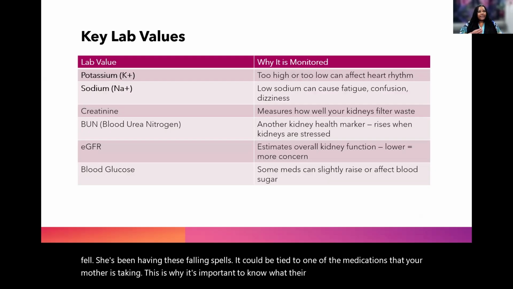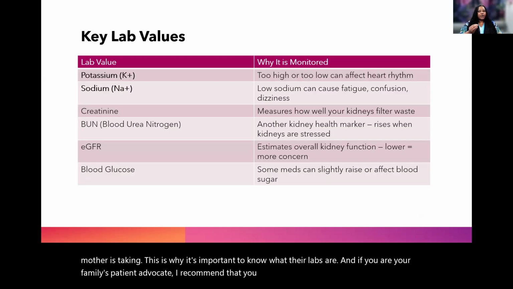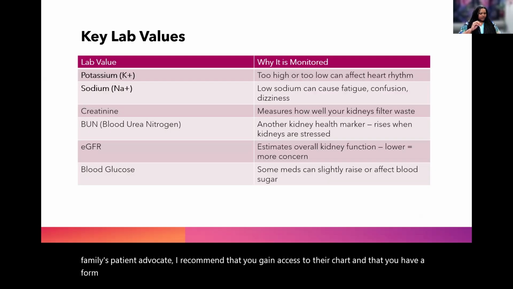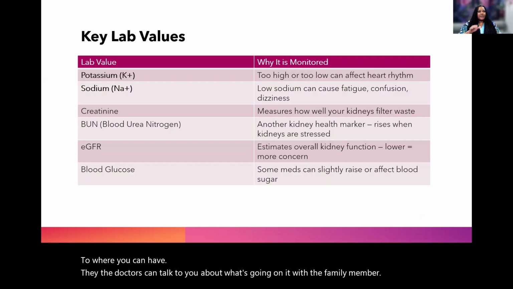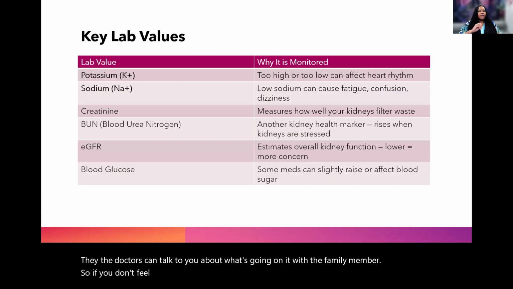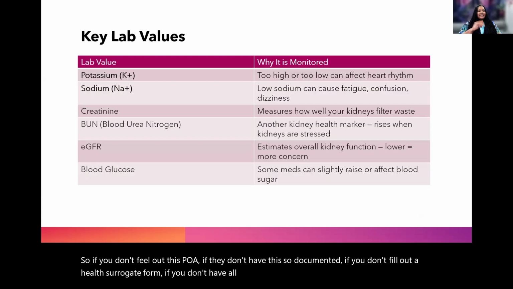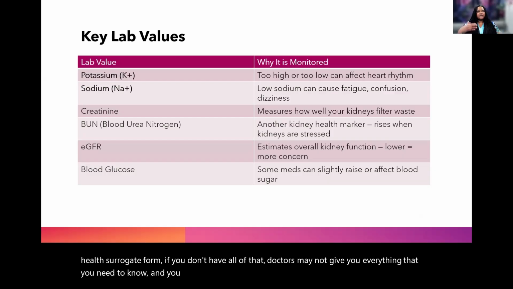And if you are your family's patient advocate, I recommend that you gain access to their chart and that you have a form filled out to where the doctors can talk to you about what's going on with the family member. So if you don't fill out this POA, if they don't have this documented, if you don't fill out a health surrogate form, if you don't have all of that, doctors may not give you everything that you need to know. And you may not see these results because